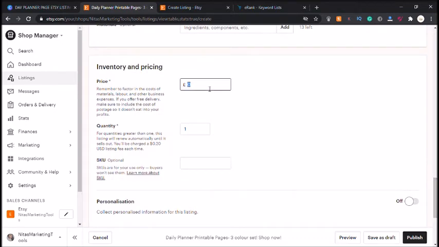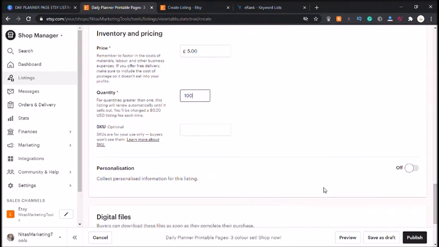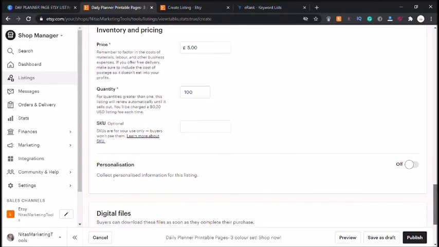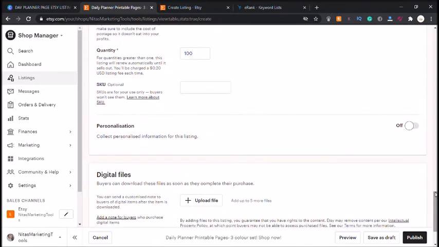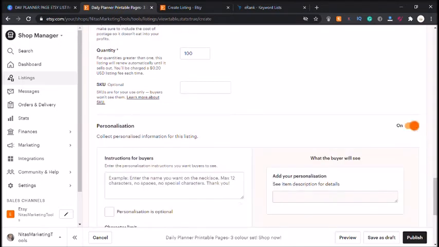Okay, so how do you want to price your item? I'm going to price this at, I'm just going to say £5. Quantity, I'm just going to say 100. Okay. And so I'm actually going to personalize it as well